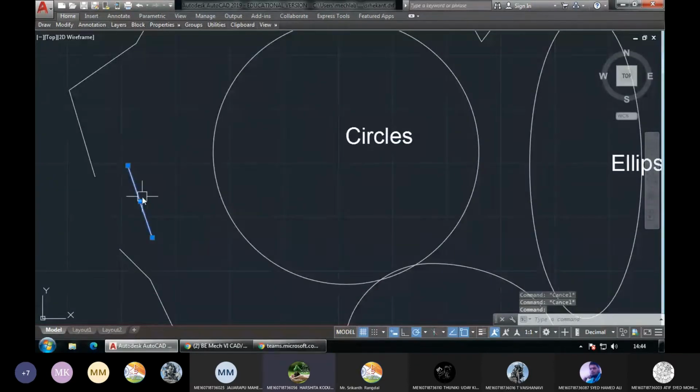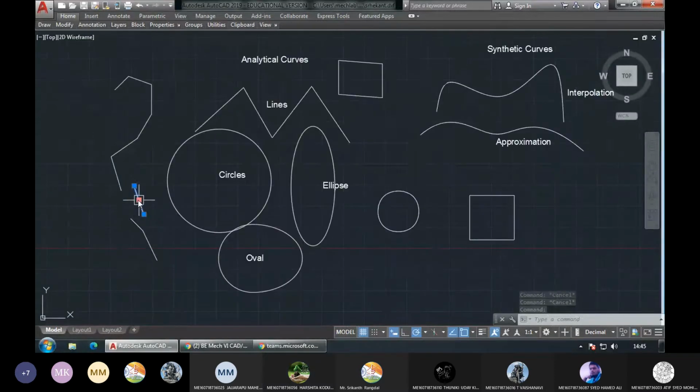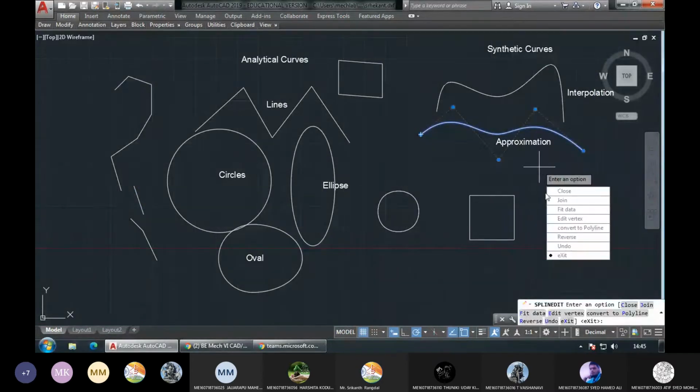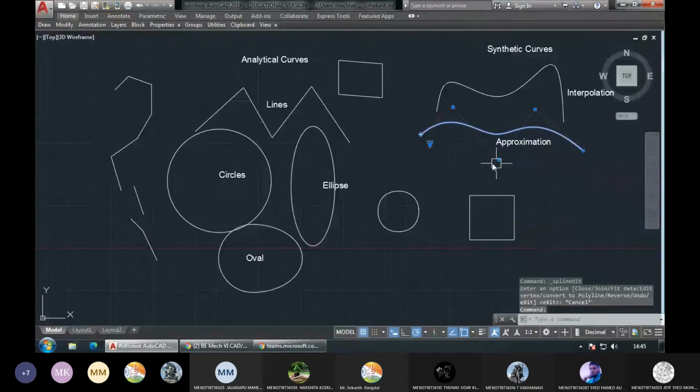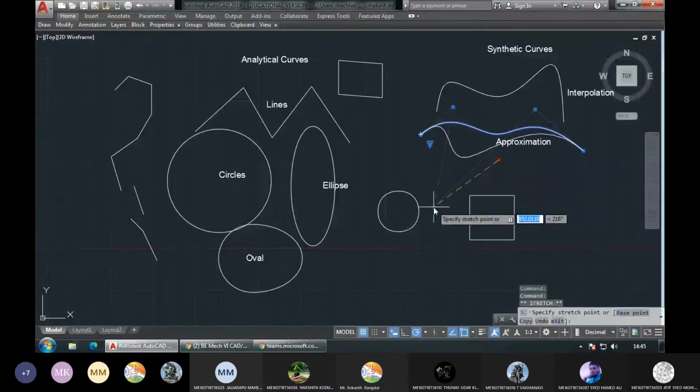So each line will always have a straight profile. The profile cannot be anything else. Whereas here you can see it is the same spline from the start till finish. It is the same spline, and it is having a different shape depending on the points. Depending on what points I'm selecting, the shape is changing, right?